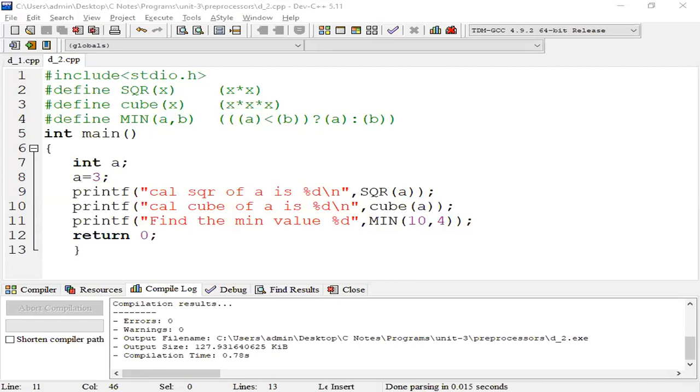Here also that many calculations occur, but we are using nested macros. Mathematically, it is very simple. So one macro depends on a previously defined macro, and that is called a nested macro. Let us verify the example program.